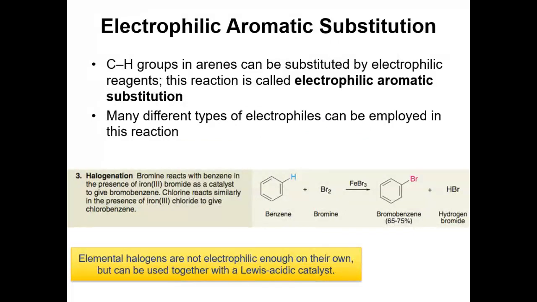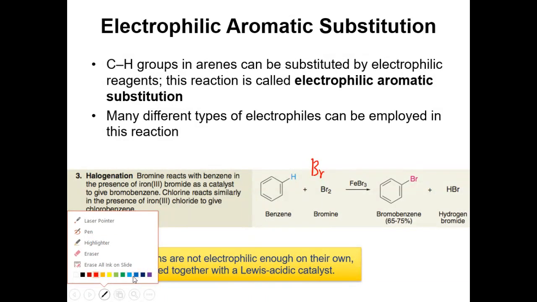And the halogen molecules, the elementary form of halogen, say chlorine and bromine, are the most common ones. Fluorine and iodine are very uncommon. Fluorine becomes overly reactive, uncontrollable. Iodine is too slow to be reactive. But chlorine and bromine are the ones really used in the electrophilic aromatic substitution. So bromine, Br2, we can write as